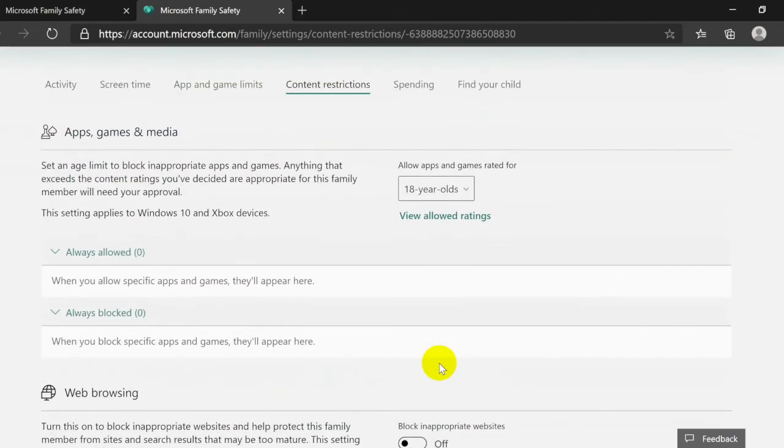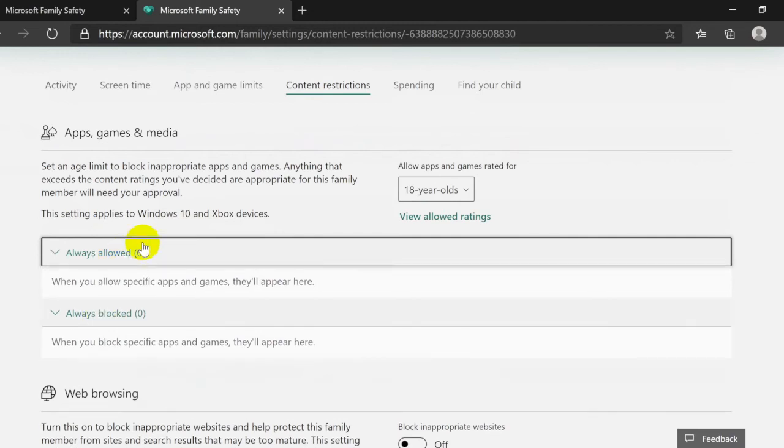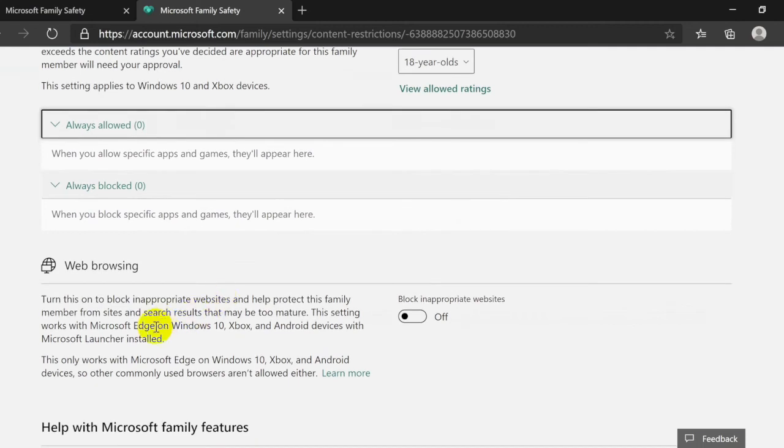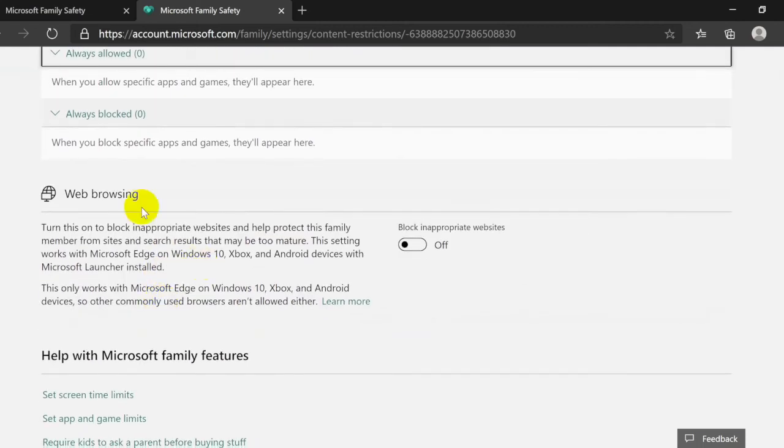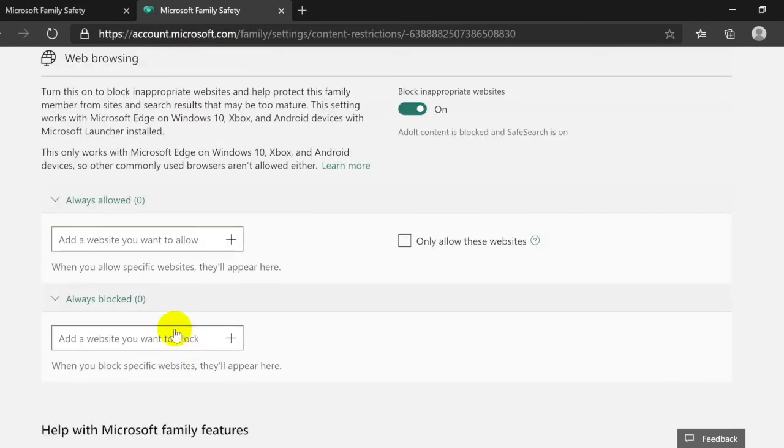I just focus on web browsing, because in web browsing we can manage all of our members to know which websites we allow and which websites we do not allow or block. So I just turn on the web browser restriction, and I allow and block for my member.